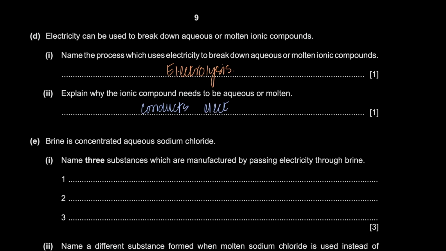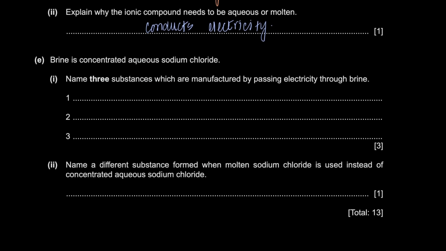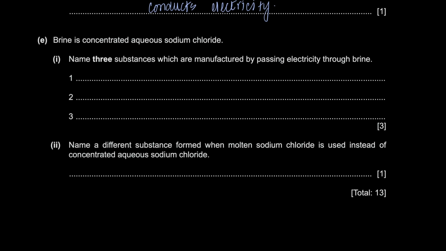It's better to say so that they can conduct electricity. Electricity, I think I'm misspelling something. We shall move on. Name 3 substances which are manufactured by passing electricity through brine. Brine is highly concentrated sodium chloride solution. I think they get it from seawater or somewhere. And what they produce is